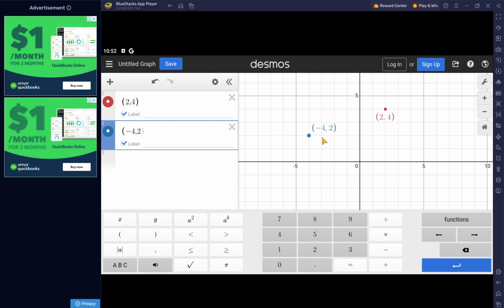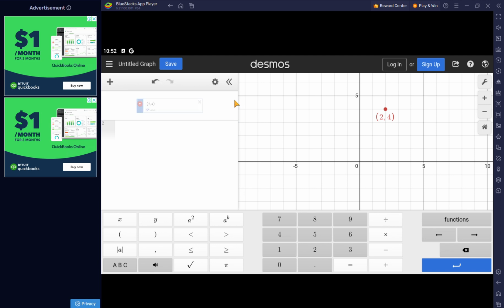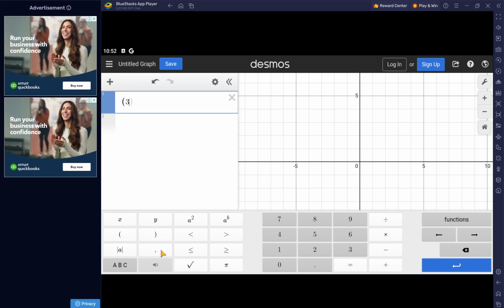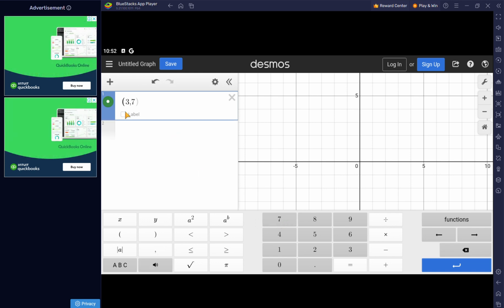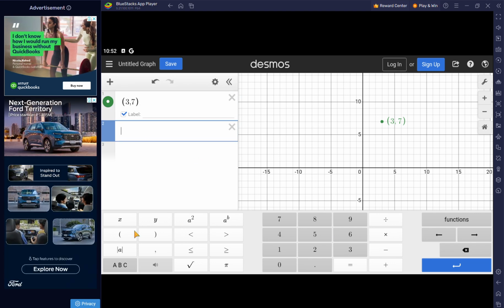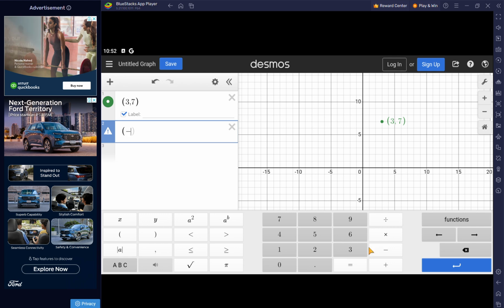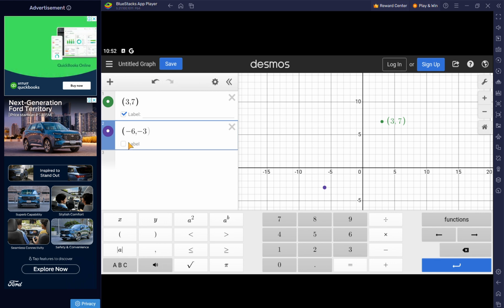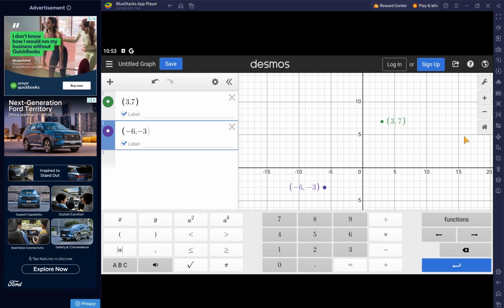Now let us try our second example. For our coordinates, it will be (3, 7). Okay, zoom in, zoom out rather. Next is (-6, -3). Okay, as we can see, we have the same illustration as in our example. The next one